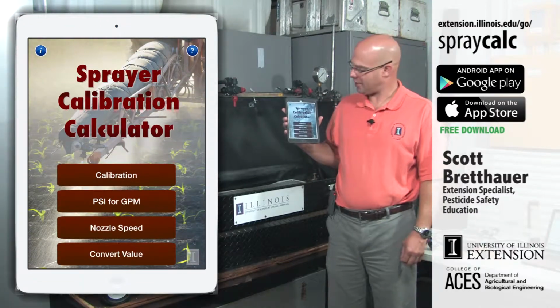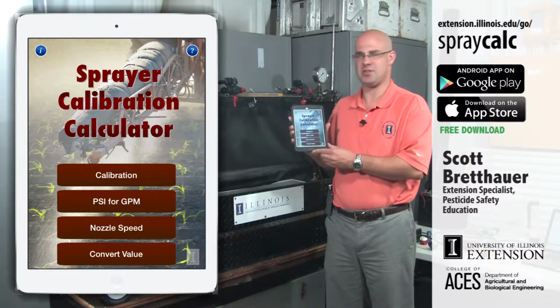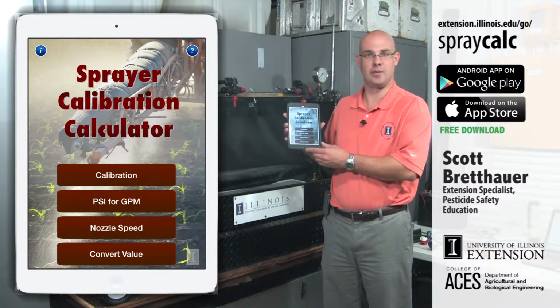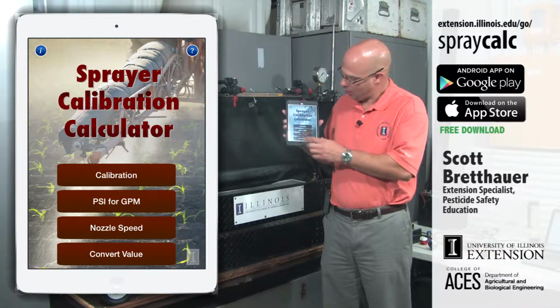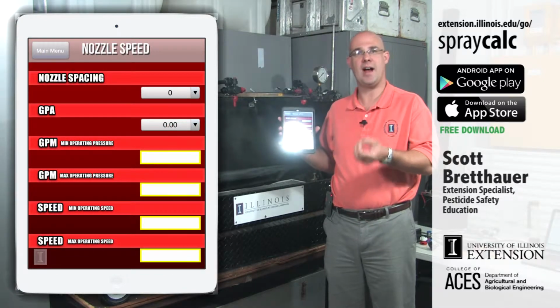Okay, I'd like to demonstrate another part of the sprayer calibration calculator app, and that is nozzle speed. And you might look at nozzle speed and think that's just a little bit strange, how fast a nozzle travels. What it's designed to do is help you calculate the maximum and minimum speeds at which a nozzle should be